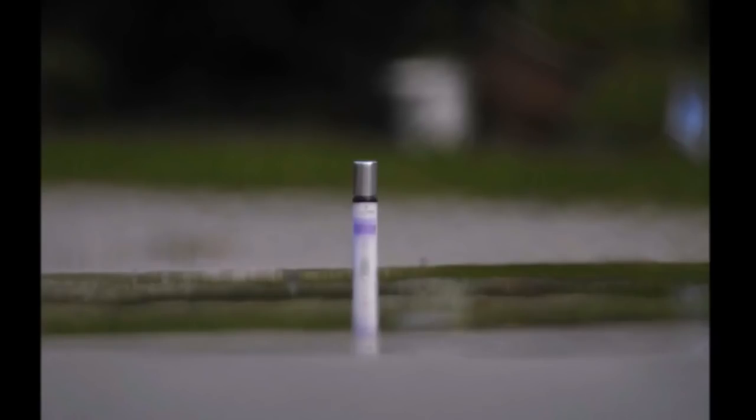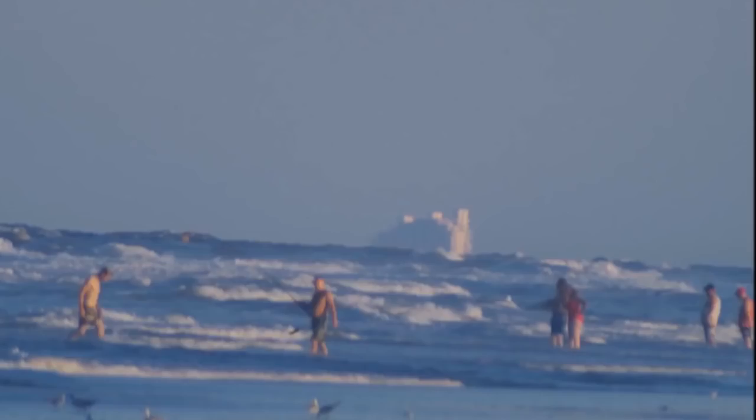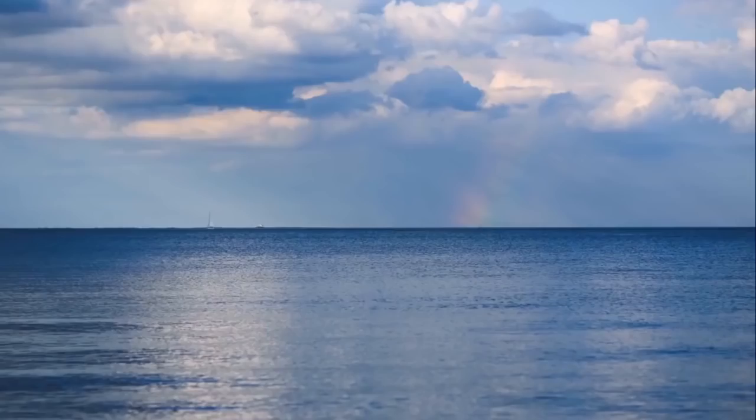So if I was actually on the ground with the camera, I'm sure that the diffraction would probably cover almost the entire bottle, if not half the bottle, and it would look exactly like the water line covering these hotels or these boats. But you can see the principle. It's verifiable and it's repeatable, so it's an explanation. We don't have to use the Santa Claus falling over the edge of a ball to explain what we see.